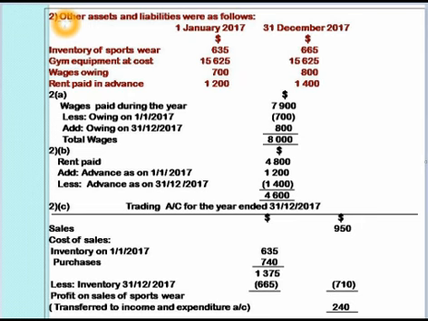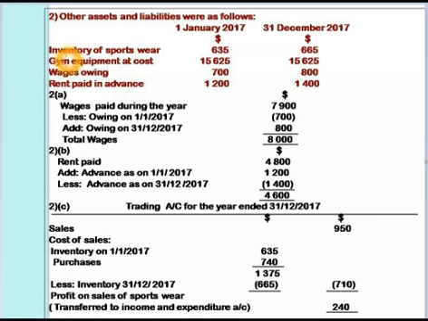Further, in the second bit, we are given other assets and liabilities. The opening and the closing balance of these assets and liabilities are also stated. So if you see, we have inventory of sportswear, gym equipment, wages owing, and rent paid in advance. With this we are going to do further working, and in our working notes we are going to start